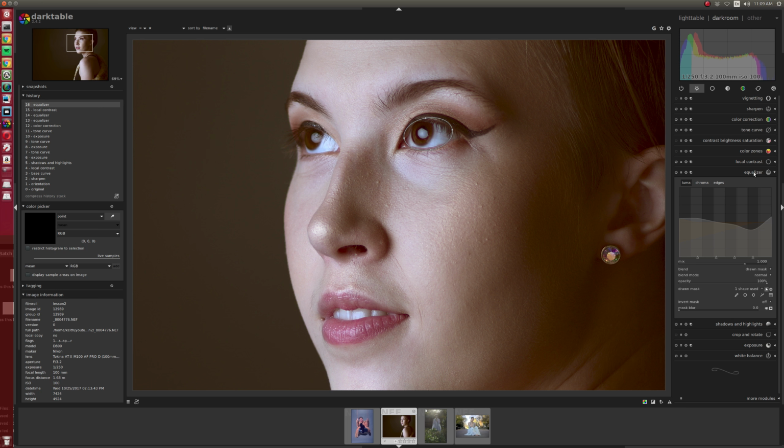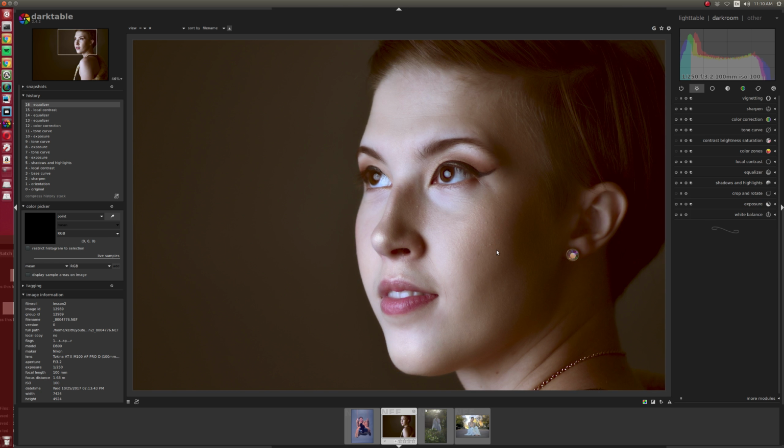So if I do that, actually all of this setting is only applying to the eye, which is the opposite of what we want. So if I invert that mask, the filter is being applied to everywhere except that mask. So we've effectively cut a hole out. Let's do it a different way. I can just draw one. We've effectively cut a hole in what this module is doing on the screen. And you saw that sharpened up. So that's one way to use a mask, is to remove an effect from a specific place in an image,